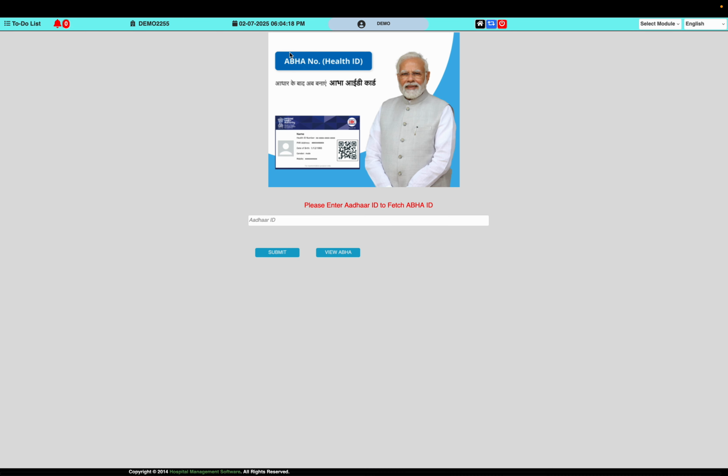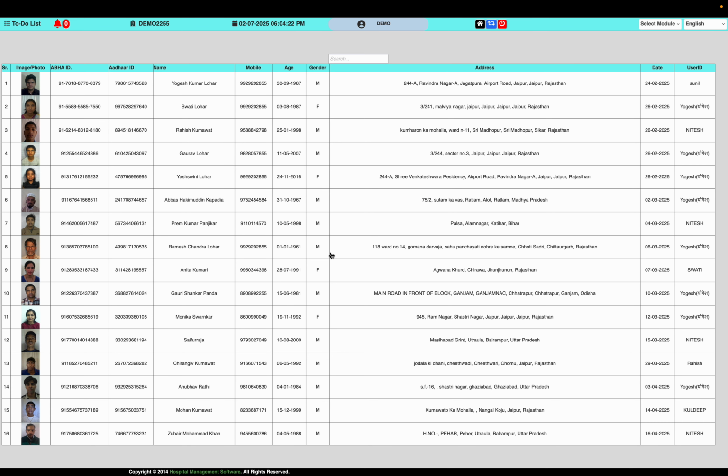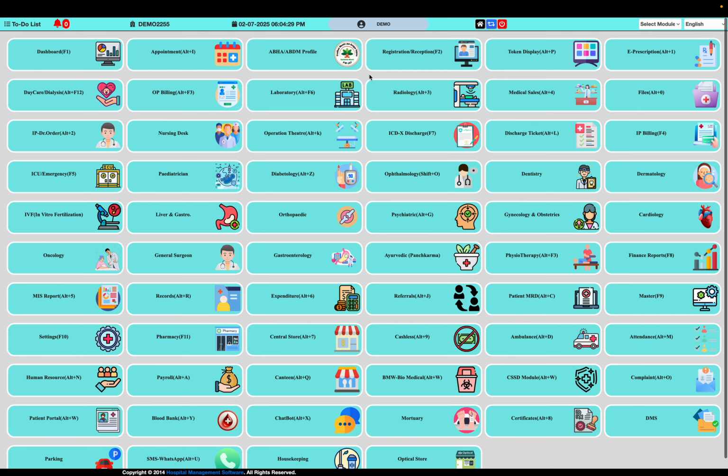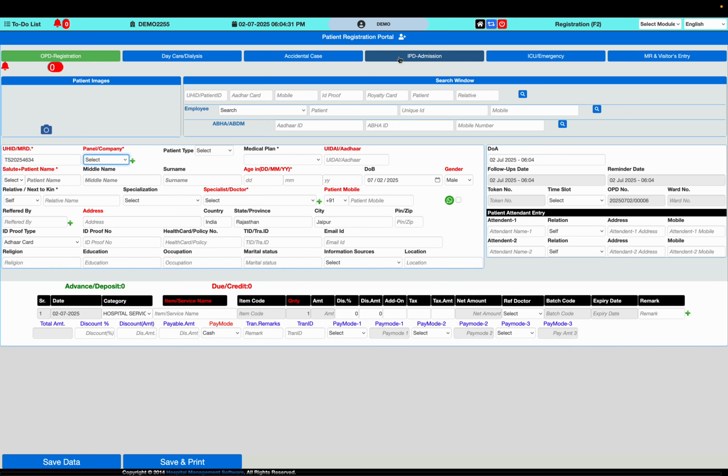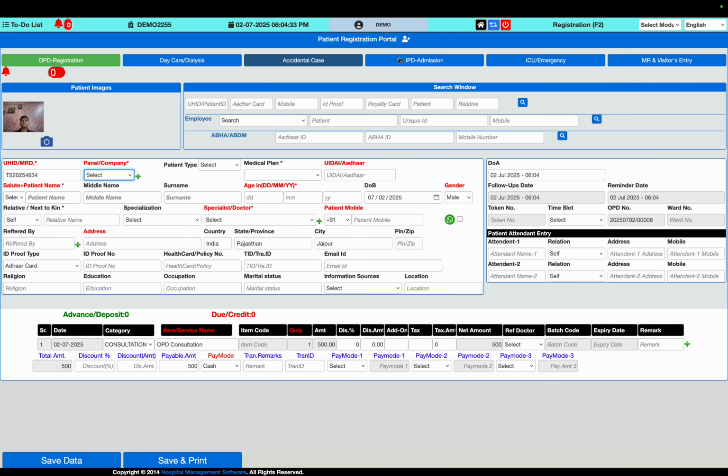The ABDM integration provides scope to incorporate healthcare database integration with the NHA or ABDM portal to give patients Ayushman Bharat treatment facility. Similarly, the registration window allows your user to make a patient registration for outdoor services and indoor services with the respective company. There are various companies, insurance, corporate or government schemes empaneled with the patient record, and once you save the record, it gives you a printable confirmation of the entry, as well as the